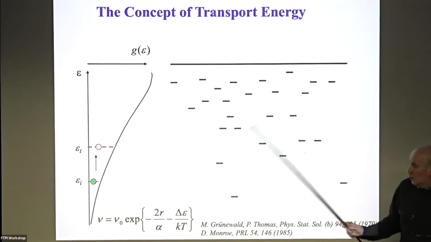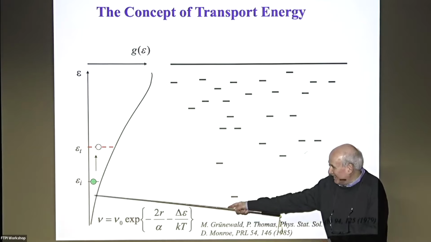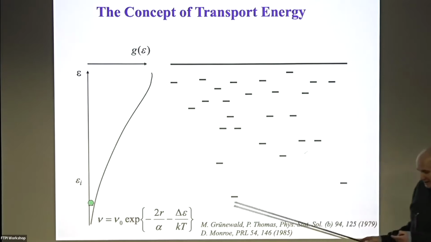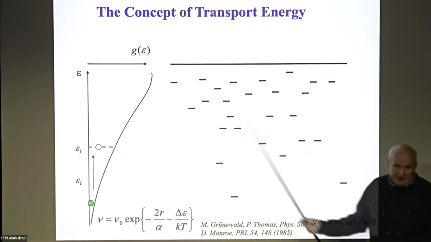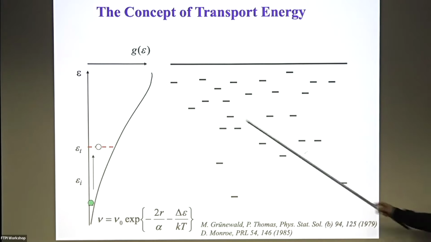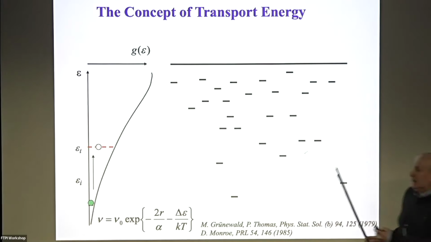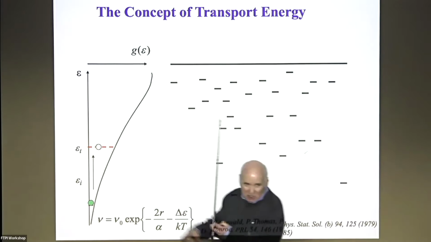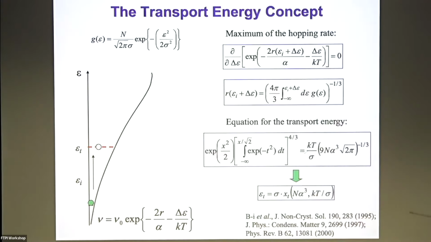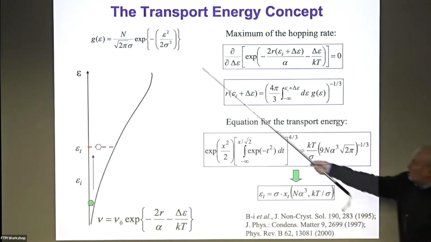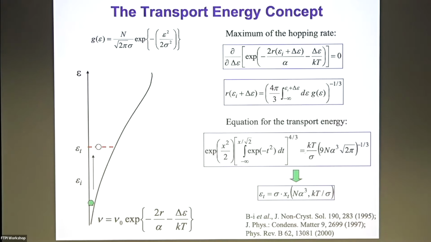Now you do the following. You change the energy of the initial site, and you ask the electron the same question, and what a miracle, the electron returns to the very same energy. For the strongly energy dependent density of states, this energy range is pretty narrow. And what do we get now? So we did it just for Gaussian density of states. We can say it was our result, but nothing is ideologically new.